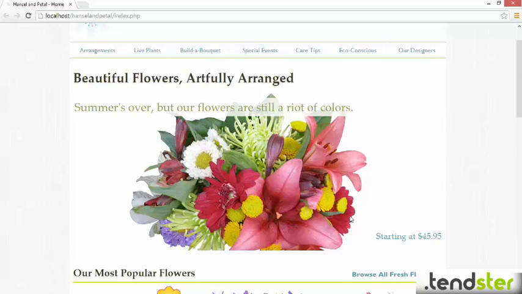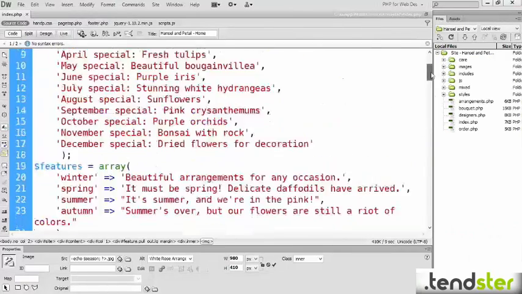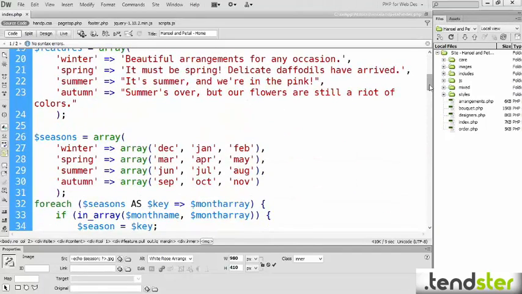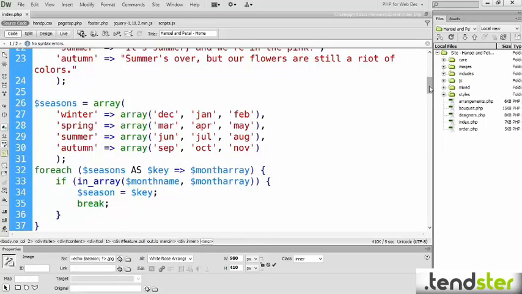Admittedly, this has been a much more difficult challenge than previous ones, and it might take a little time for the logic to sink in. Let's go back to the code and just have a quick look at it. What we did was we got the first three letters of the month with month name, and then we used our two arrays, the features array and the seasons array,